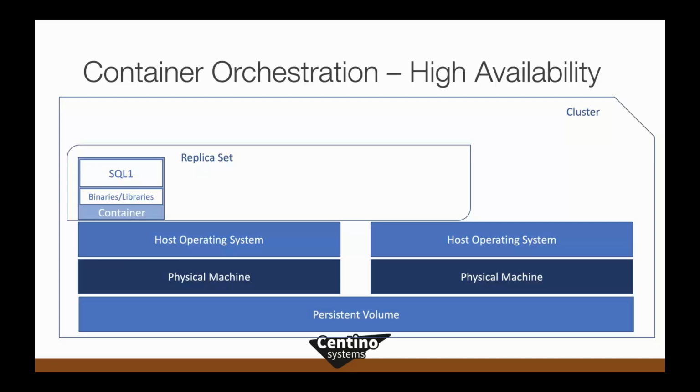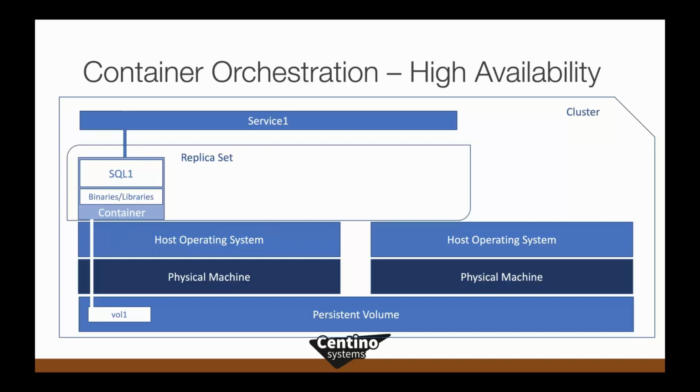So in this case, I'm going to say, hey, Kubernetes, I want my replica set to keep one SQL Server container up and running at all times. And it's going to do that for me. I put the data on the back end in volume one, and I front end that with a service. And so this hierarchy here gives me persistent access into my application with the service, which I would expose onto the network.